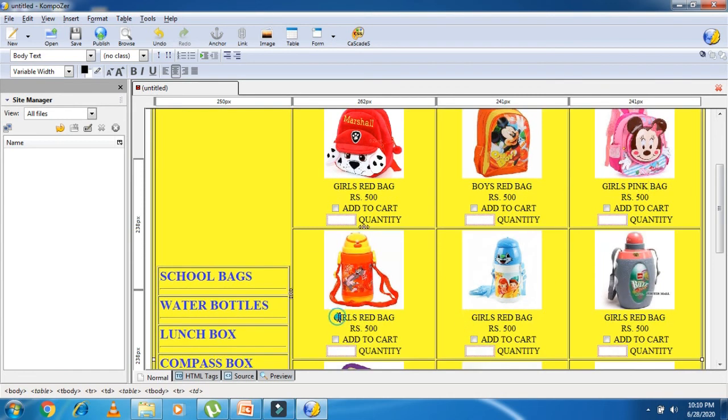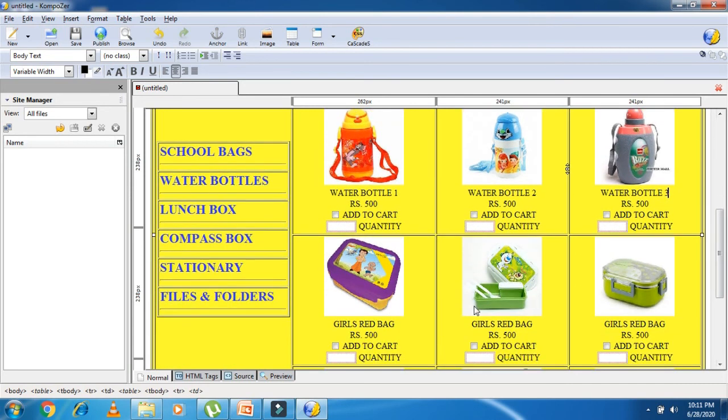Here I'm writing water bottle 1, here water bottle 2, here water bottle 3.